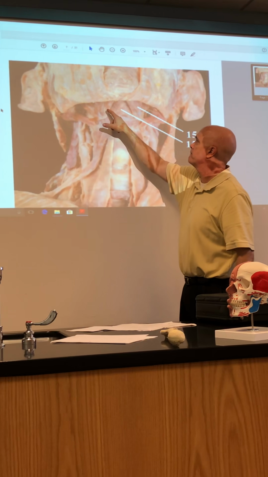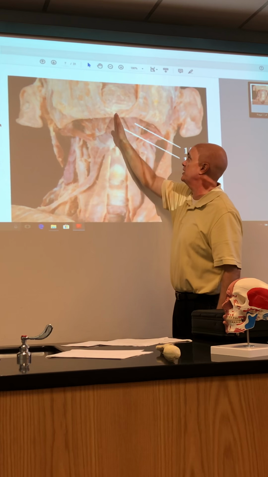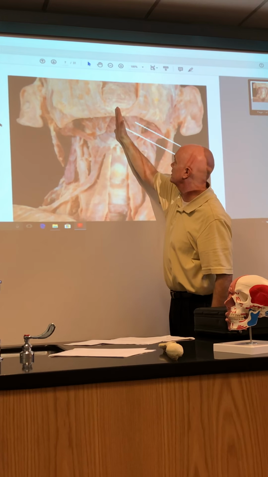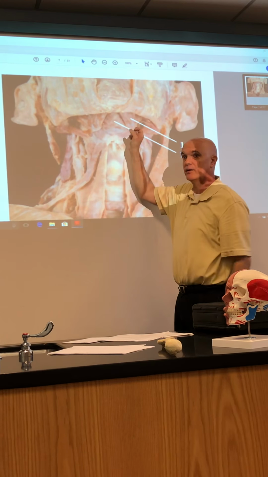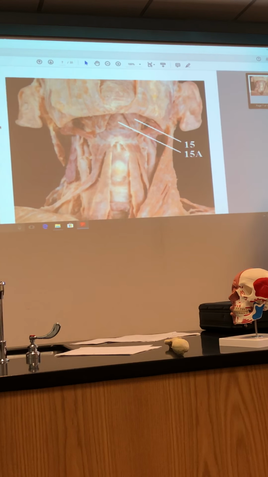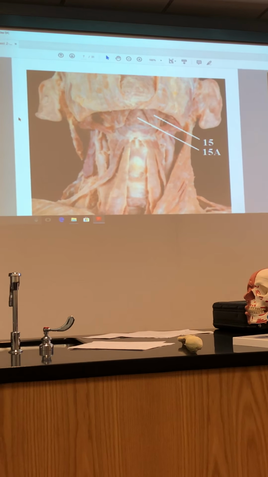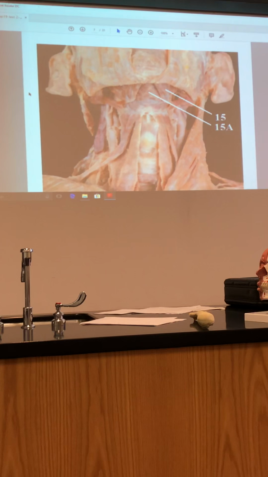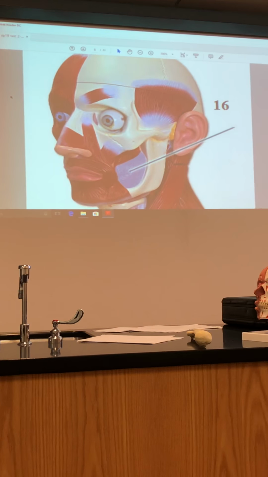If you remember on that sagittal head picture, it shows the mylohyoid because when they cut it, you'll still see the mylohyoid. But on that sagittal head right in front of you, you won't see the digastrics. Why? Because it's cut this way, right there. It misses them, but it hits the mylohyoid. You see what I'm saying on that right one? Okay, so mylohyoid. Here's the hyoid going up there. Make sense? All right. So what was 15A? 15A is the mylohyoid. Mylohyoid. All right, let's go to the next one. What muscle is